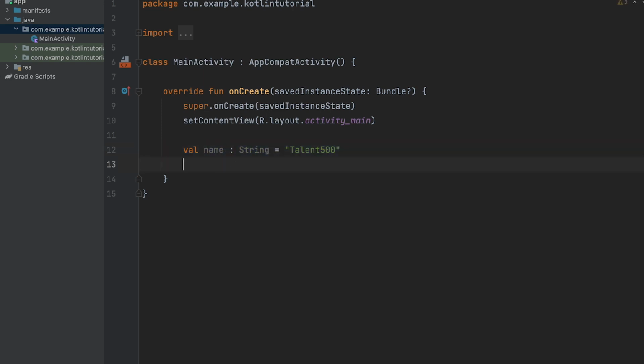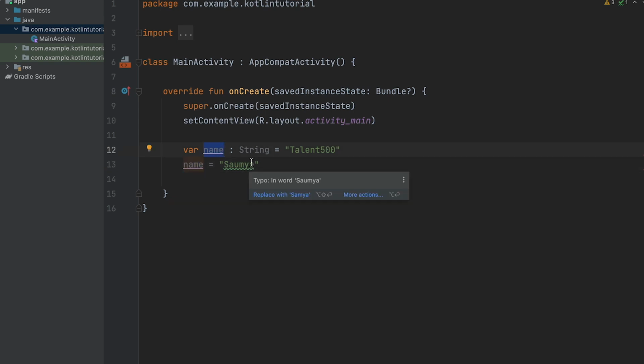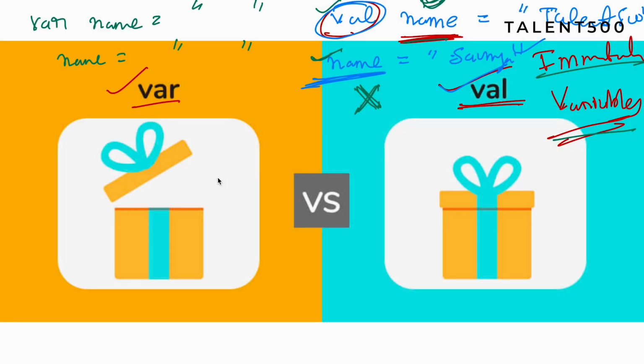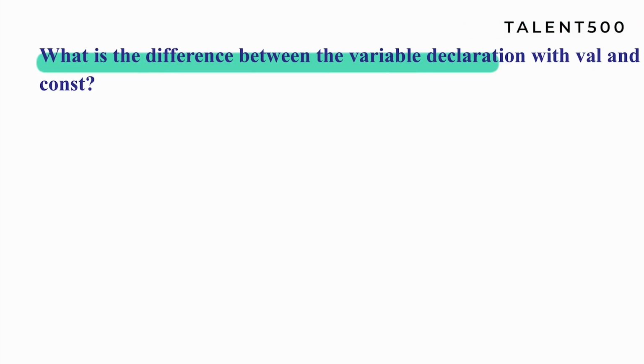And now if I want to change it, let's say I want to change it to my name, here it is throwing an error. It is saying val cannot be reassigned, change it to var. Now if I change it to var, obviously I can change the value as well, because that is mutable, right? Mutable means I can change the value. Perfect. And now again coming back to the iPad, I hope this much is crisp and clear.